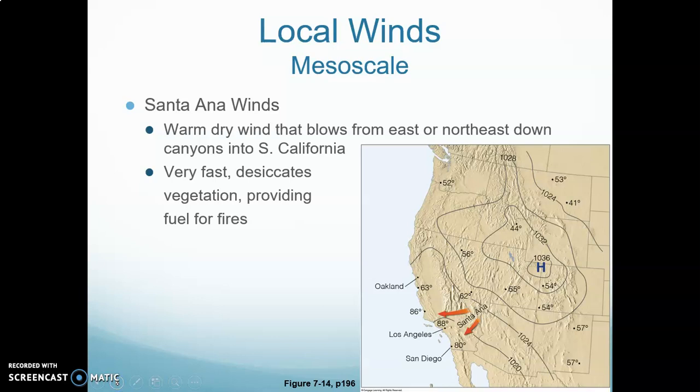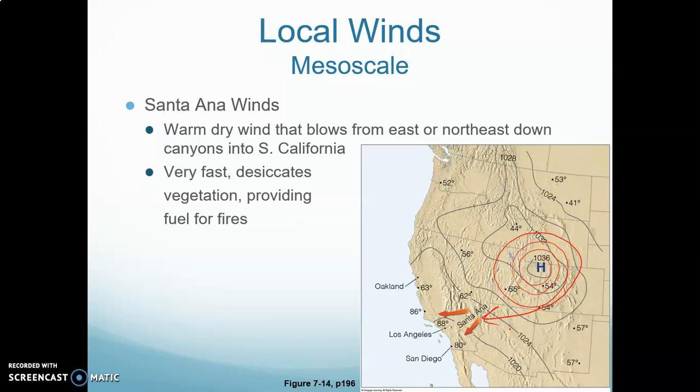All right, here's another good example, a Santa Ana wind. This region of the United States here is what we call the Great Basin. When you have a high pressure system that forms over the Great Basin, you have air going clockwise and outward